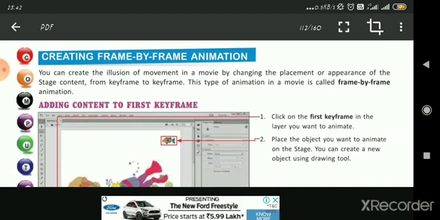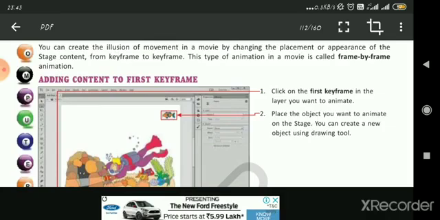By changing the placement or appearance of the stage content from keyframe to keyframe, this type of animation in a movie is called frame by frame animation. We can move the clip from one place to another, and it is so fast that we don't recognize it. This is done by the process known as frame by frame animation.